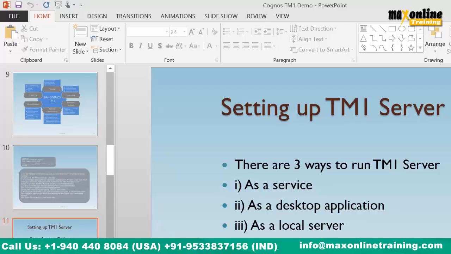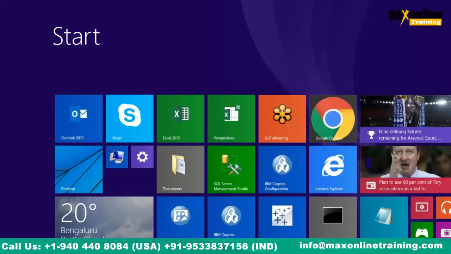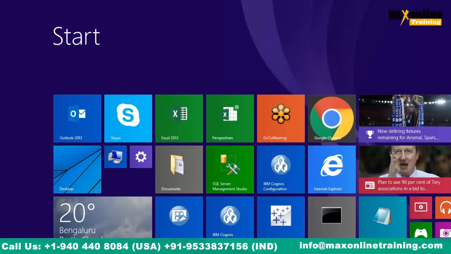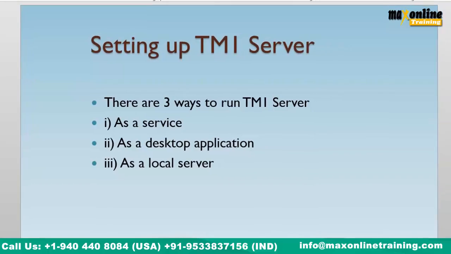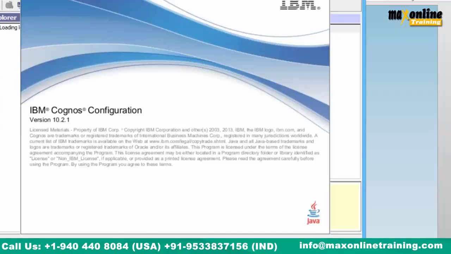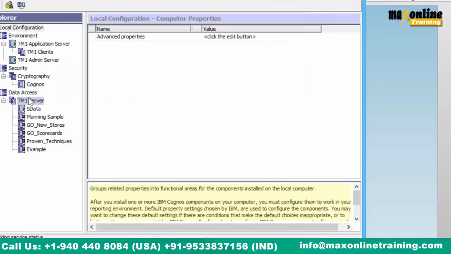So for a desktop application server, go to Cognos configuration. IBM Cognos. Okay, here it is. It is available here. Make sure that it is not meant for BI. It is meant for TM1, because I have maintained 2 Cognos configuration files in my system, one for TM1 and one for BI. If you look at it, you'll get to know. Let that open. I can see that this is for TM1 only. Right click, new source,